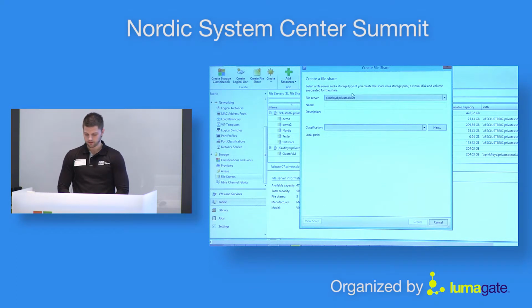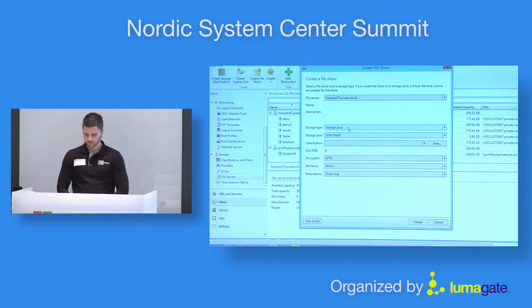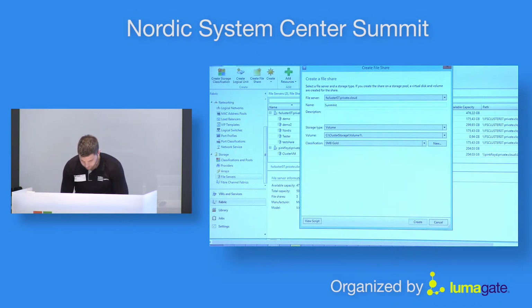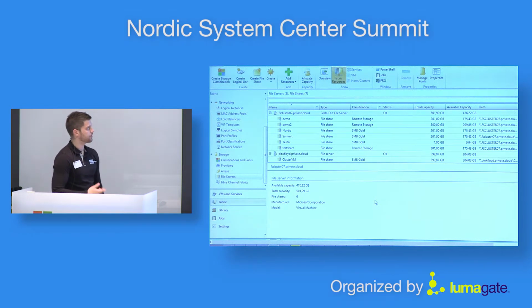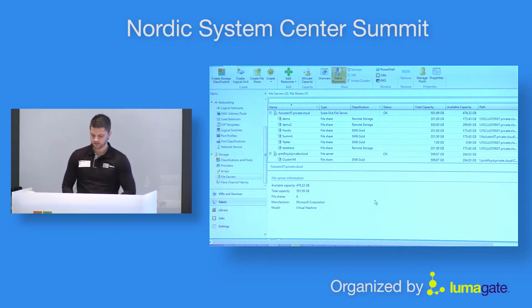So I will create a share now. Create it on a volume. Assign a classification and a name. Submit. Create. So that will go out to my file server cluster, create a share, assign the right permissions,